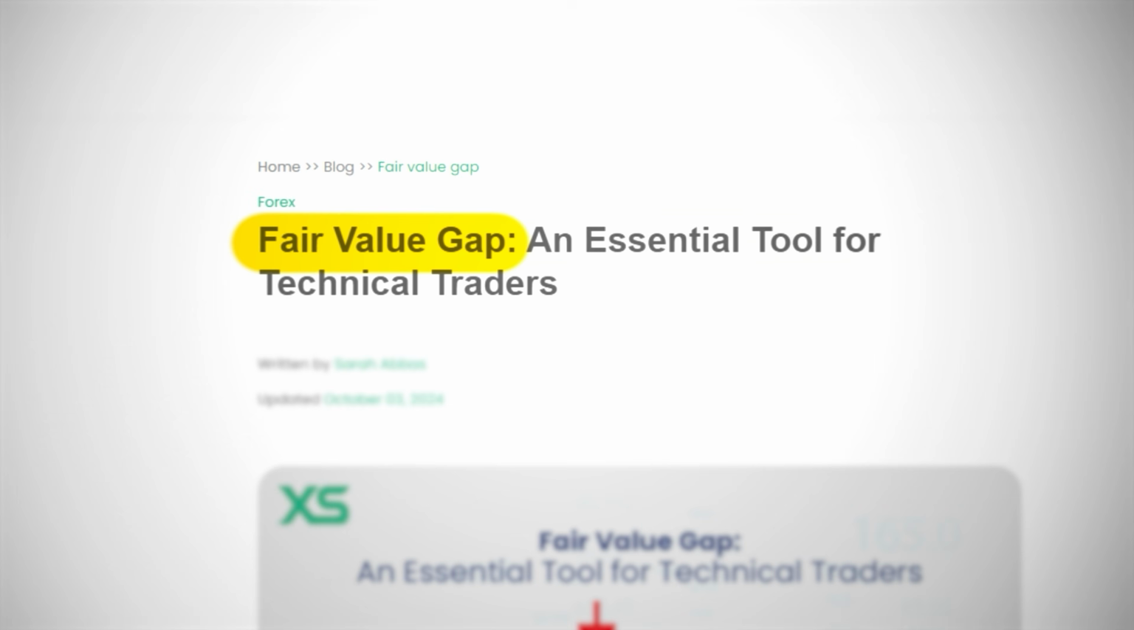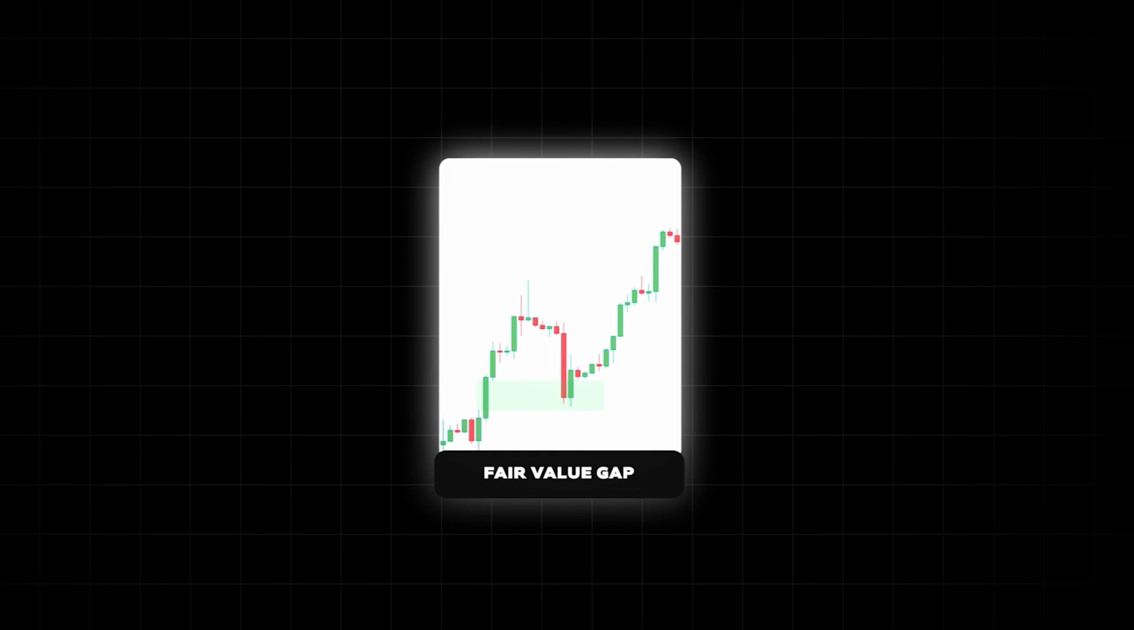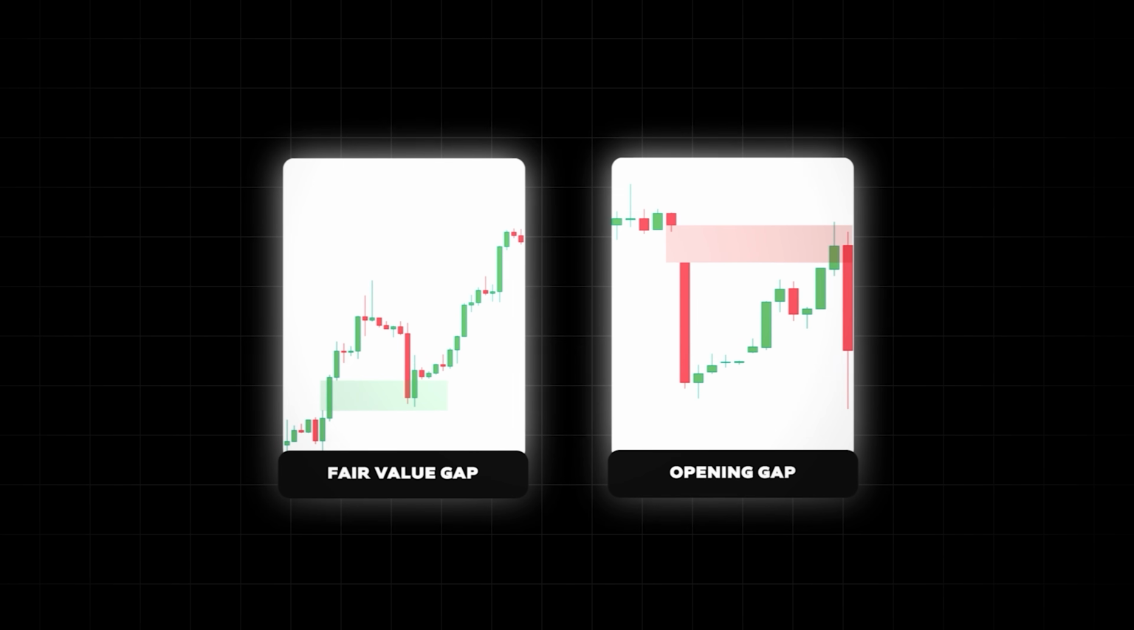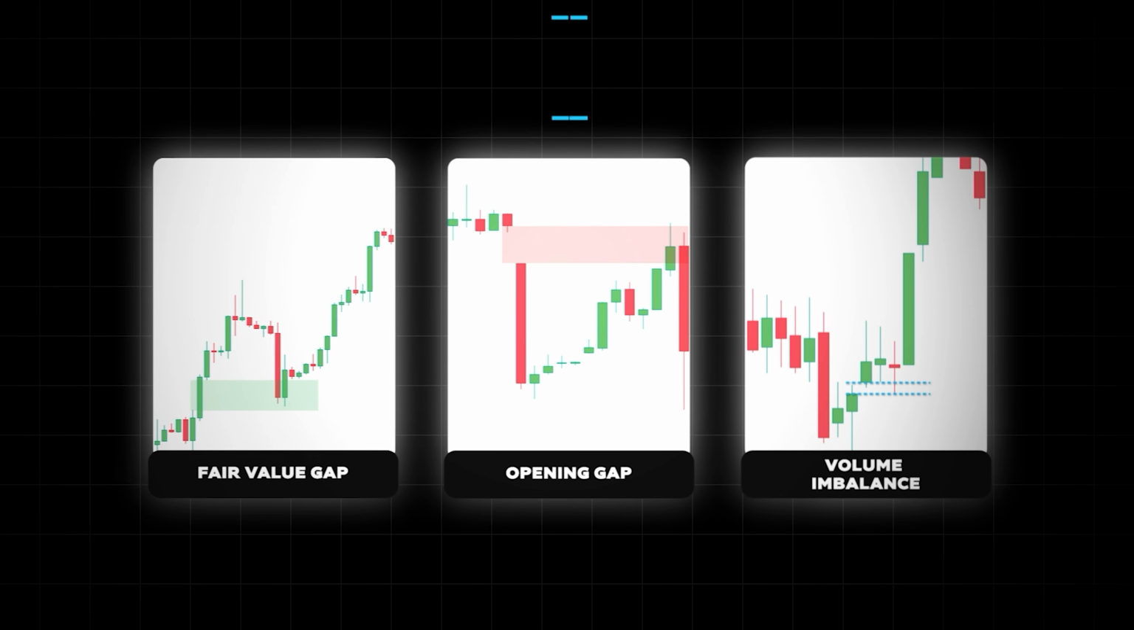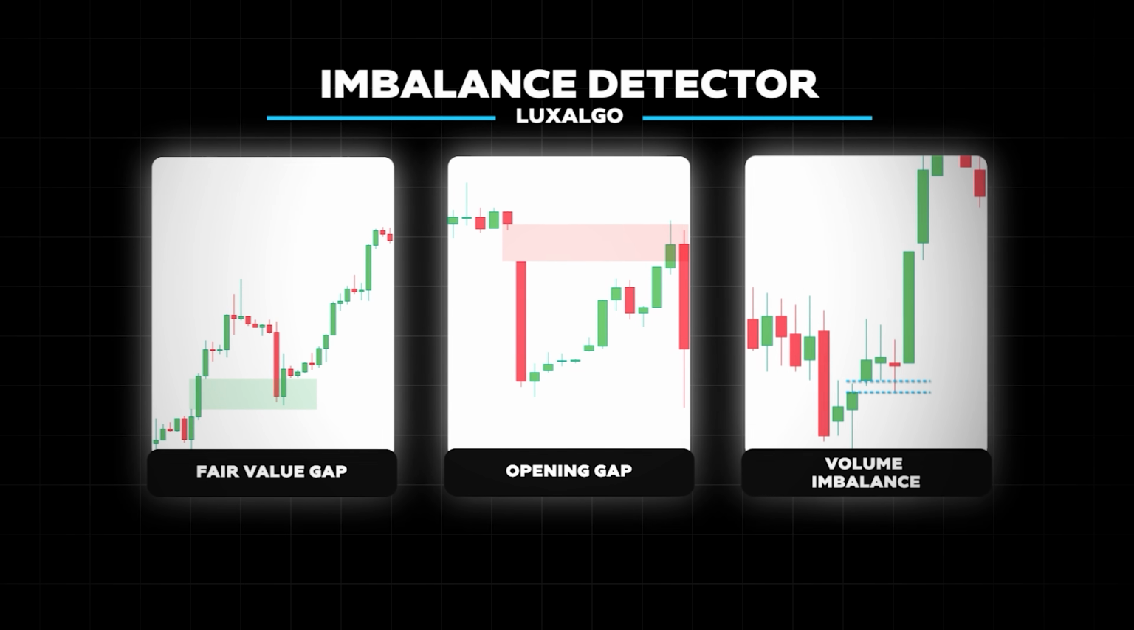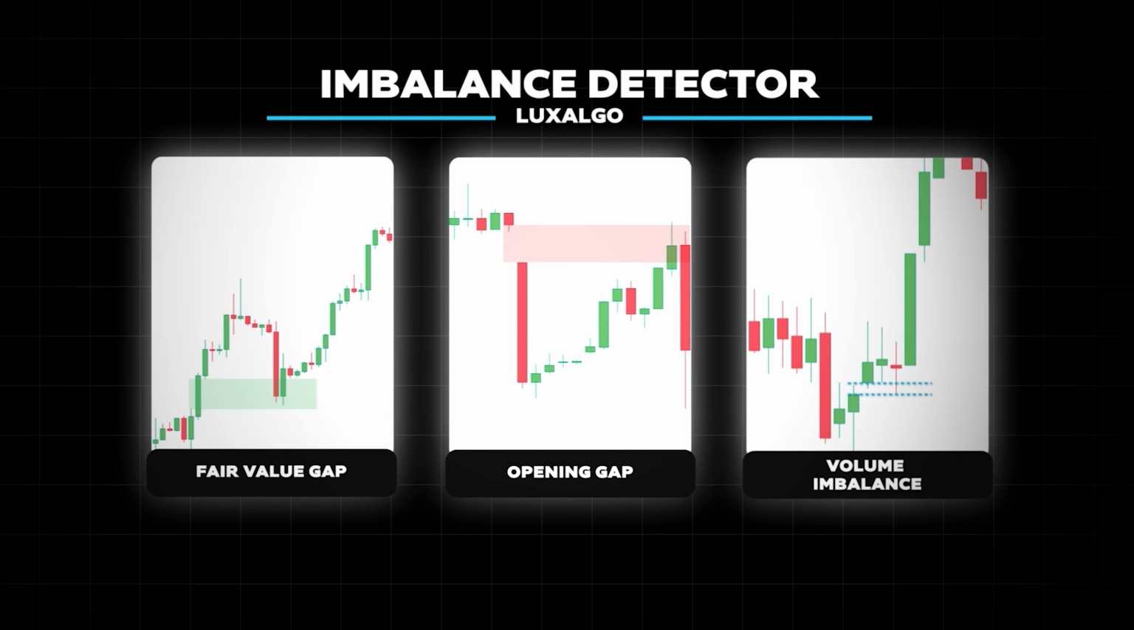This is a fair value gap, and absolutely everybody's talking about them. But did you know that fair value gaps aren't the only types of imbalances? There are others, like the opening gap and volume imbalances. In this video, we're going to cover the imbalance detector and show you everything that this indicator has to offer